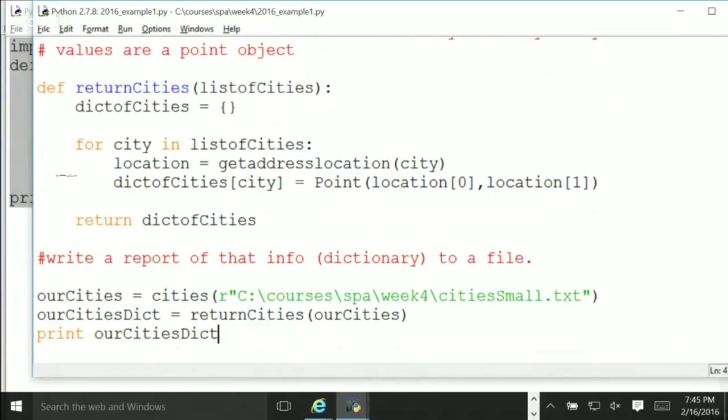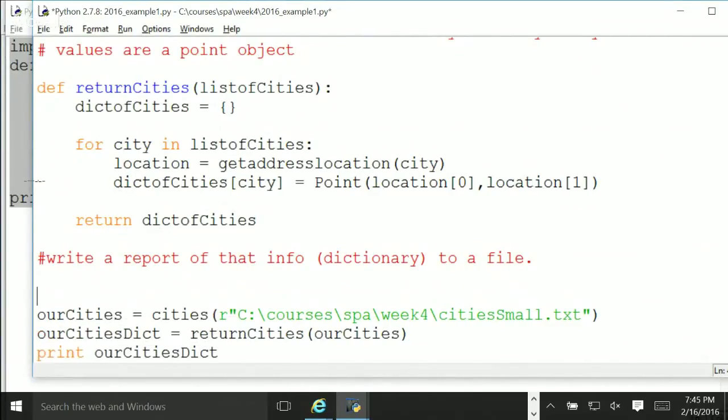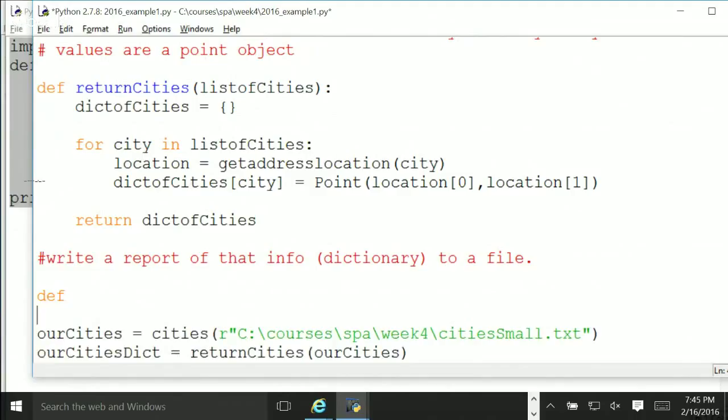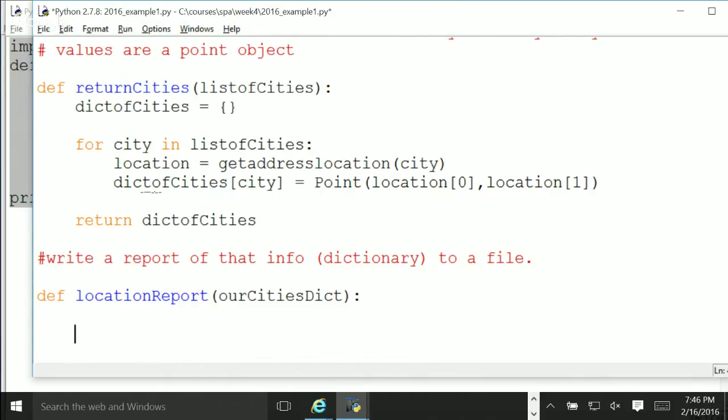this dictionary. So we write something like this: define, and the name of this function is going to be called location report. Okay, location report, and it's going to take what is the input that it needs. Yes, it's going to take our cities dictionary, and